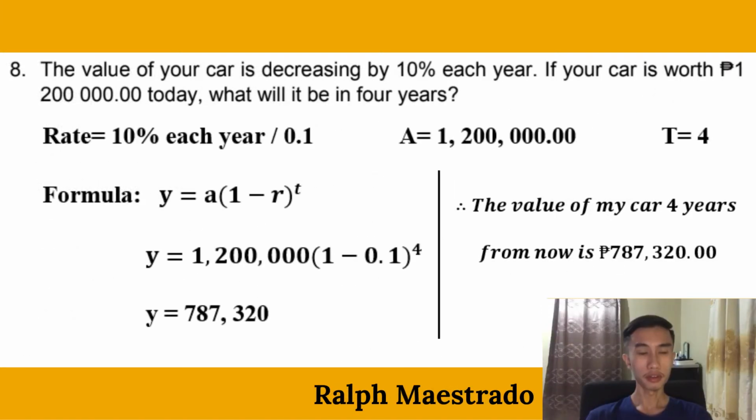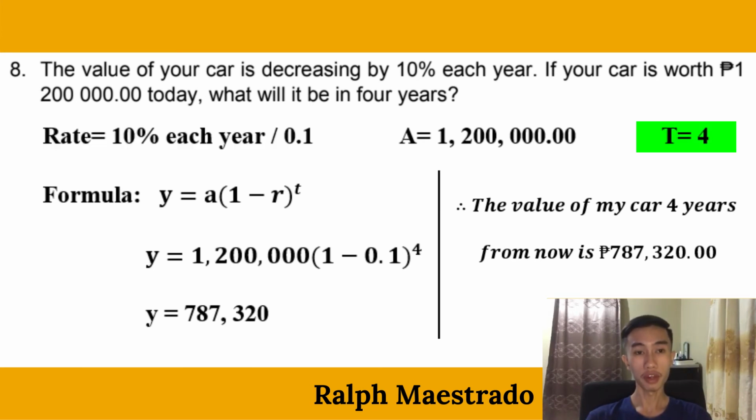Number 8. The value of your car is decreasing by 10% each year. If your car is worth 1,200,000 today, what will it be in 4 years? First, this problem is an exponential decay factor, as the car is decreasing 10% each year. Our A, or our initial amount, is 1,200,000. Our rate is 10%, or if you convert it into decimal, it will be 0.1, and our T, or time